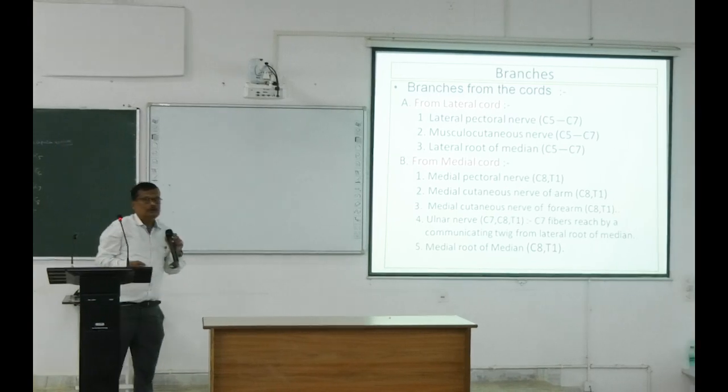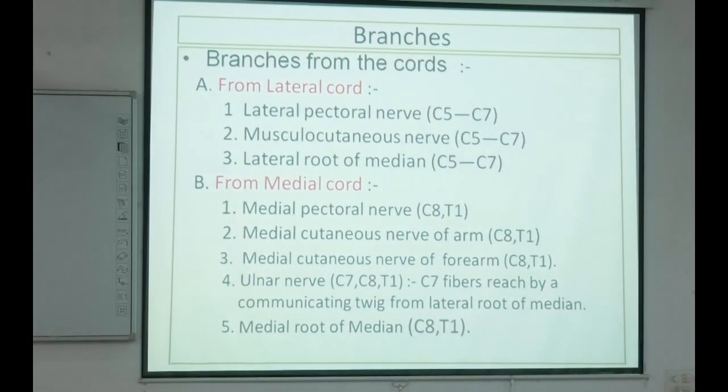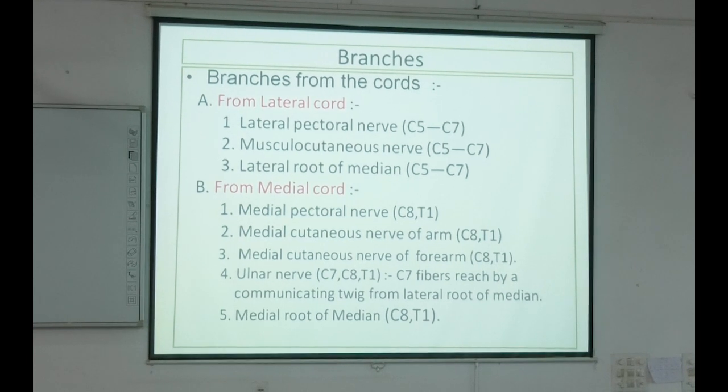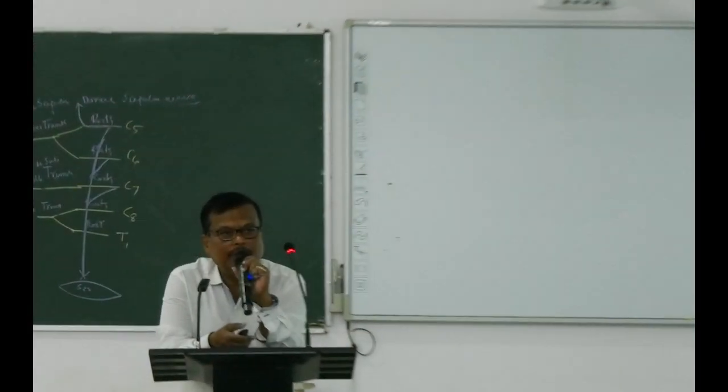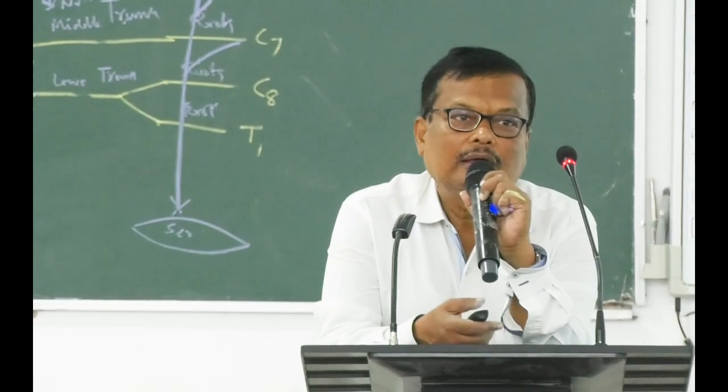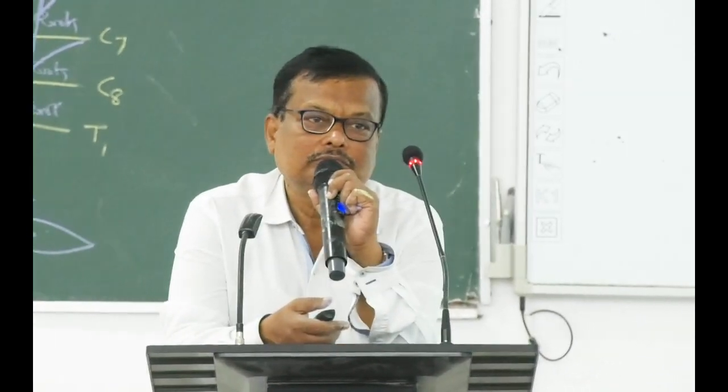Branches from the cords: lateral cord, lateral pectoral nerve, musculocutaneous nerve and lateral root of median. From the medial cord, medial pectoral nerve, medial cutaneous nerve of arm, medial cutaneous nerve of forearm and ulnar nerve. From the posterior cord, upper subscapular nerve, lower subscapular nerve, thoracodorsal nerve, তারপরে রয়েছে